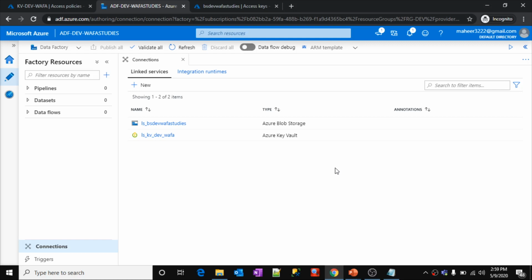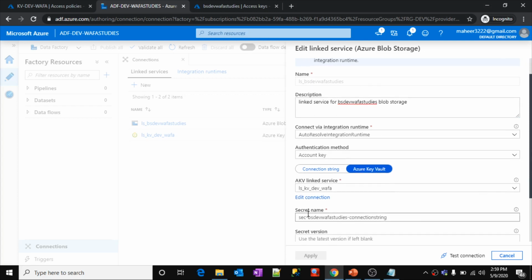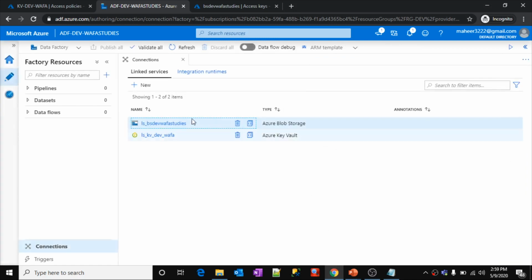People keep all their passwords, certificates, and everything that is sensitive data in the Azure Key Vault. Then whenever they need to use those values inside Azure Data Factory, they use this Azure Key Vault option here, and simply give the secret name in which they have that particular value, so that your data factory directly goes to the key vault, fetches that value from there, and makes the connection successful. So that's how people use it. In real time, people will mostly work with Azure Key Vaults when they are working with linked services in Azure Data Factory.